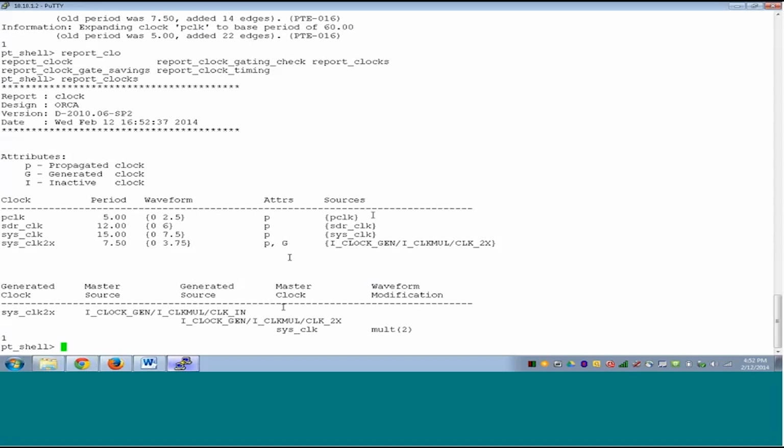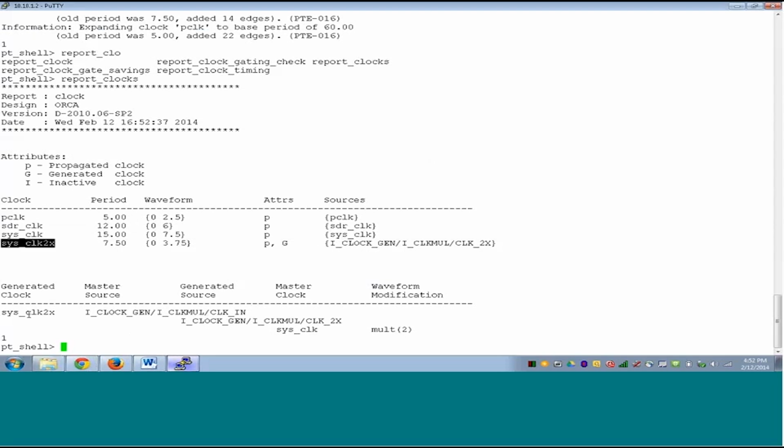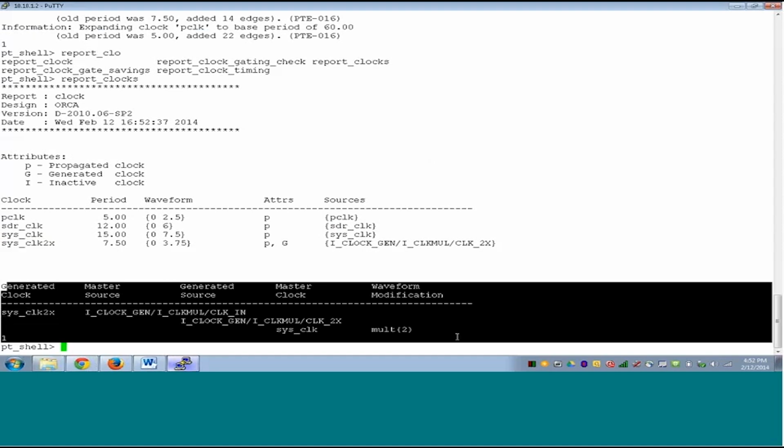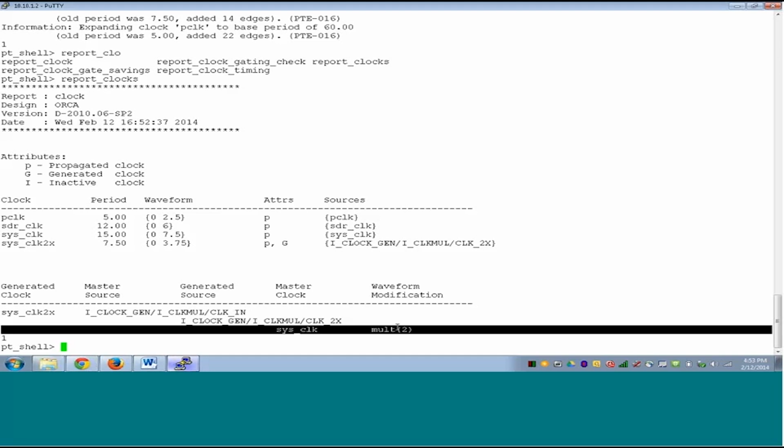Now see, we have P clock, SDR clock, sys clock, and now we have sys clock 2x. So we told PrimeTime to create sys clock 2x. So the second part of the report is about the generated clock. We told PrimeTime to create a generated clock, and we gave this as a master source, and this as a generated source. So PrimeTime has determined that this clock is reaching this, and the waveform is multiplied by